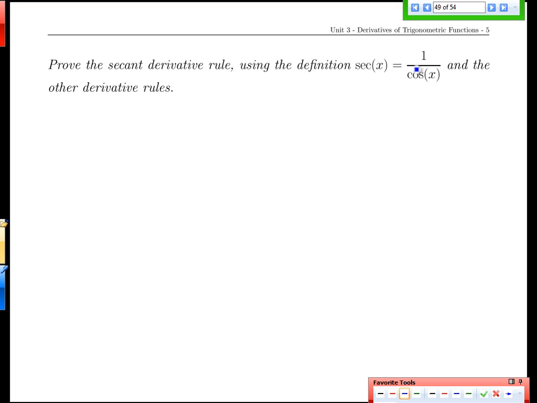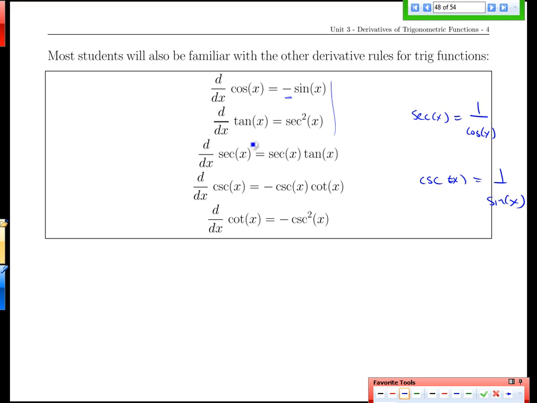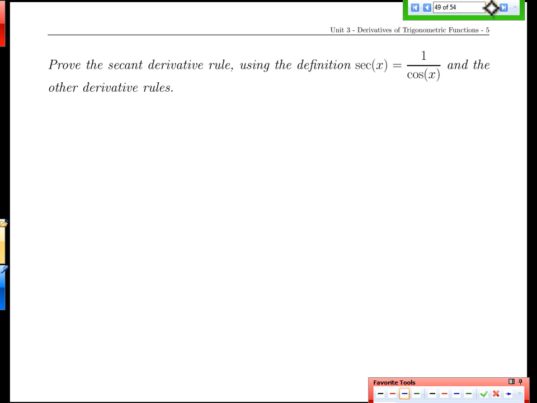We're going to use the cosine rule here as well as the chain rule to actually prove some of the later ones. So it's also worth noting that if you know the derivative of sine and cos, you can find all of these other derivatives, because all of these functions are just combinations of sine and cos, products, quotients, and relationships like that. So for example here, if I wanted to go from the simple rules for sine and cosine and find the derivative of secant of x,